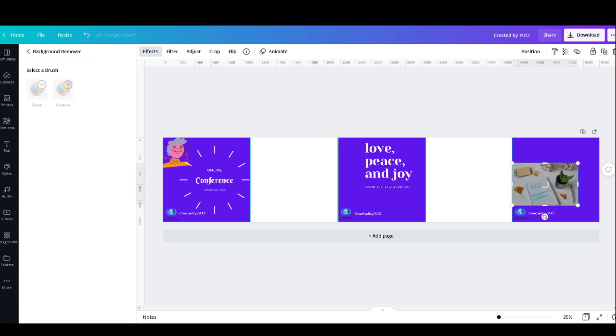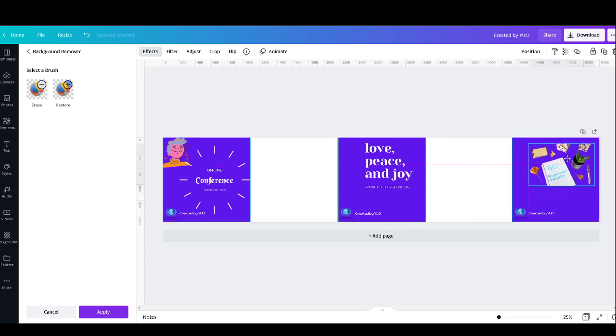It's still processing. I don't know whether it removed our background or not, because there is nothing on the side. Nice, we got the basic idea. So this is how you can remove the background.